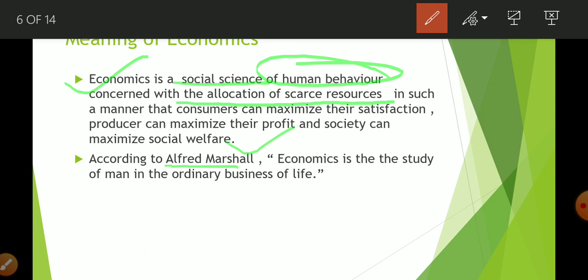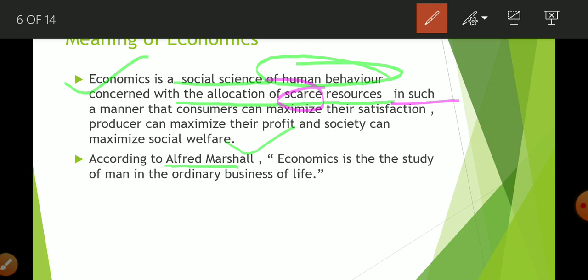And one more thing, these resources are scarce. What adjective is used with the resources? Scarce. Scarce means resources are limited compared to their demand. So economics is a social science of human behavior concerned with the allocation of scarce resources in such a manner